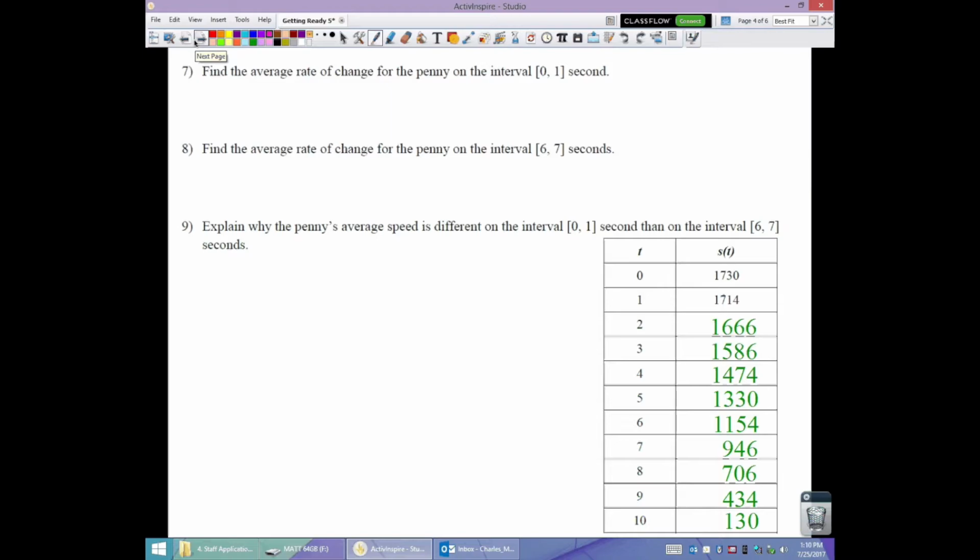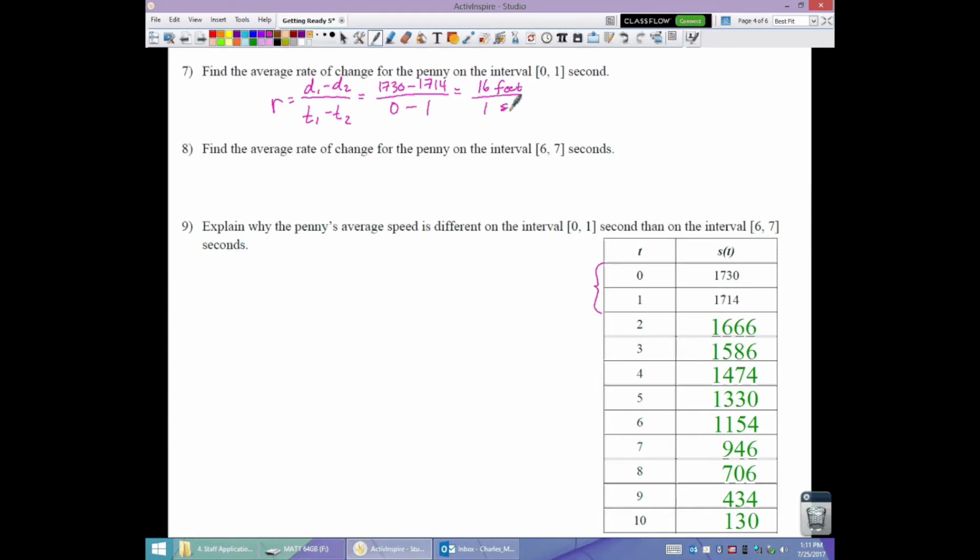So using that, find the average rate of change for the penny on the interval from 0 to 1. So 0 to 1. If we are using it sort of as d1 minus d2 over t1 minus t2, what were the two distances? Well, from time 0 to time 1, we went from 1730 to 1714. And in times, we went from 0 to 1. So we traveled 16 feet